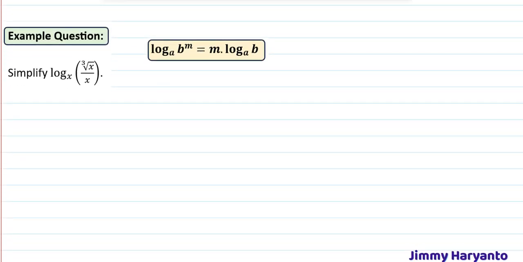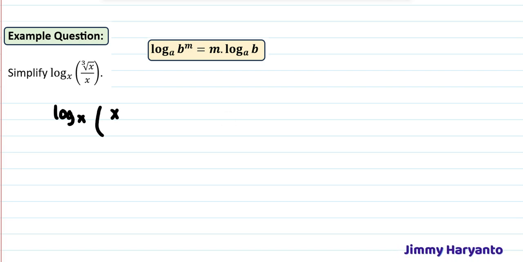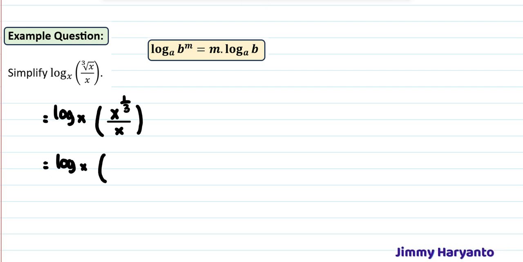Okay, next this one we have logarithm of x. No numbers in these questions. Do not worry, we only have to apply all of the laws. So this one is cube root of x. You can make it into powers. Remember, we are talking about exponential and logarithmic, which means there will be no roots. So if you see roots, you have to convert it into powers. So it will become like this, and then we will divide the x to the power of 1 over 3 with x.